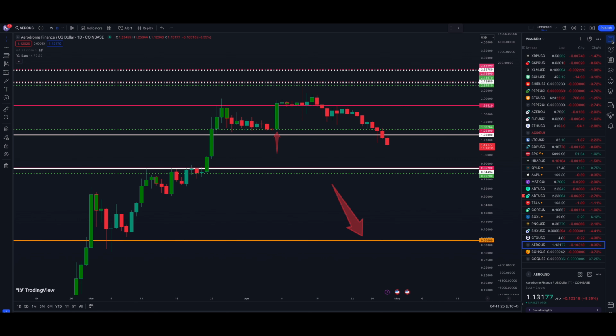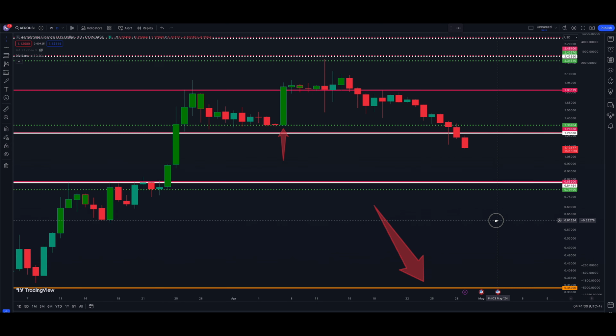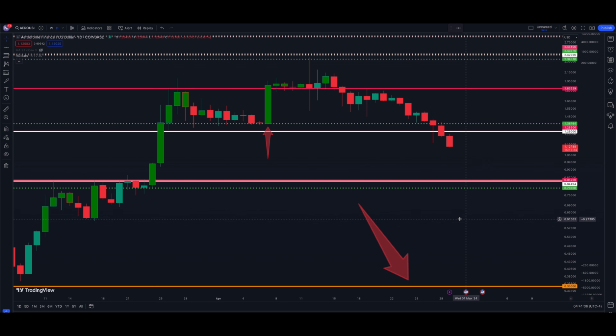But let's get rid of this watch list here. So we're looking at Aerodrome here. We have talked about a couple areas below the market as potential support, an area that got broke 2 days ago that we were concerned about. Quick recap here, guys. So we have an area at $1.36.764. This green line here represented an area of, if we go back just a couple days, we wanted to